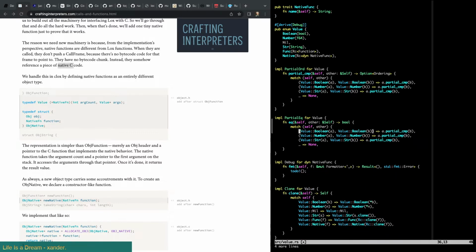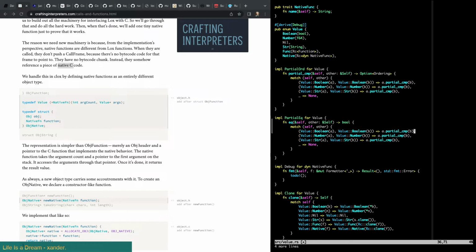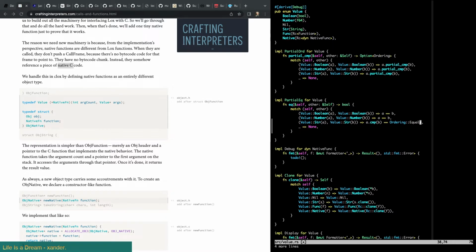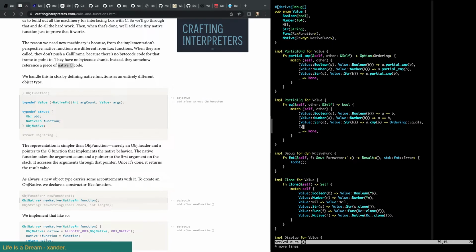Put those here. We're going to do this differently, though. We're going to just say A equals B. Ordering equals, I guess. That's a little lazy to do it. If it's two nils, value nil, they're equal. That's just a true.